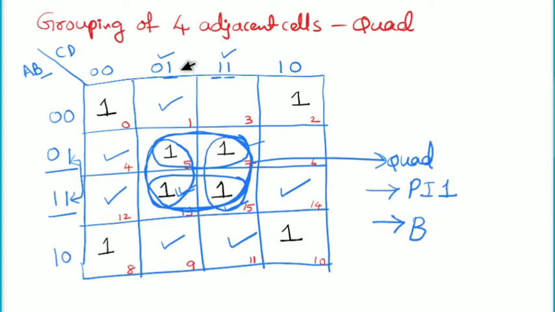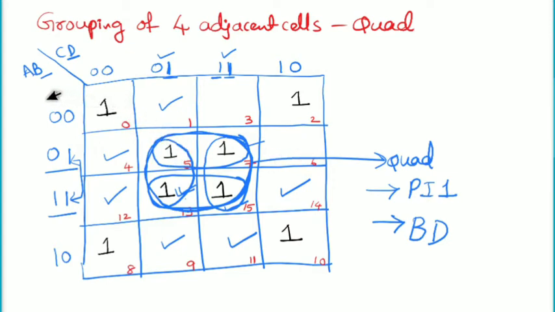Whatever the second variable is that is fixed, you need to write; that is 1, and it is related to d. Because it is 1, you need to write the normal form. So whatever the literal, it should be in the normal form. If in some cases we get 0 as fixed, you need to write the complement form of that variable whenever you write that literal in the prime implicant. So this is done. Now next look at cell number 0.